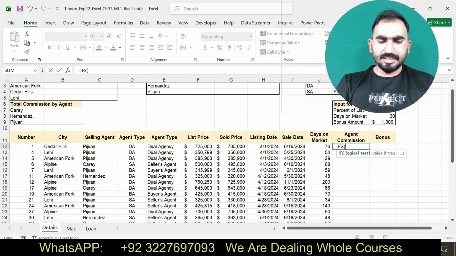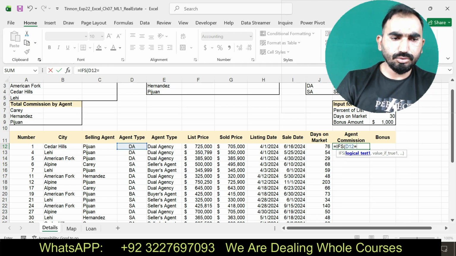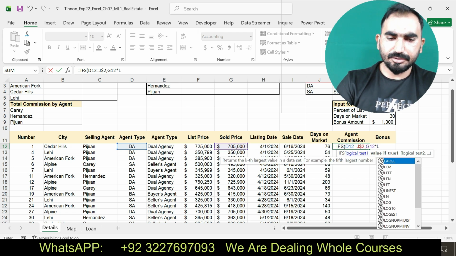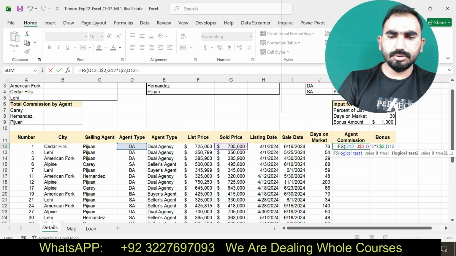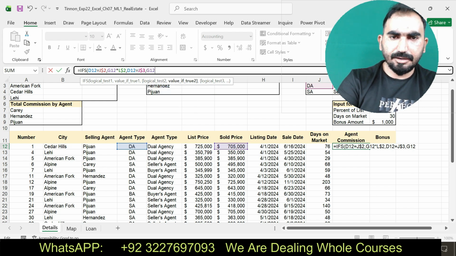Here you can see I am going to insert an IF function, that is D12 equal to J$2, comma, G12 multiplied by L$2, comma, D12 is equal to J$3, comma, G12 again multiplied by